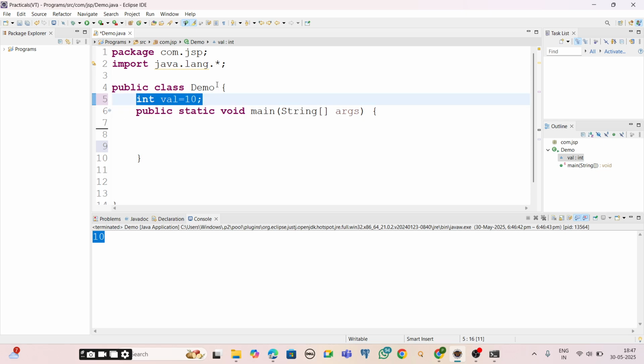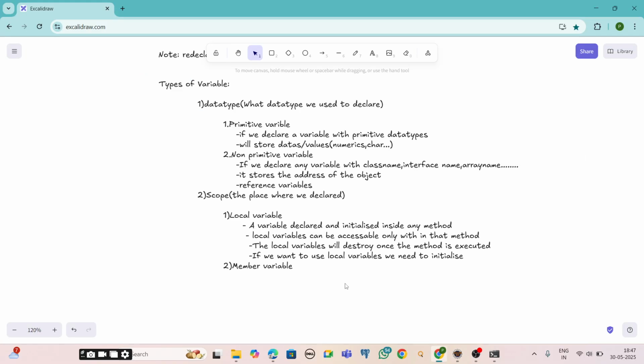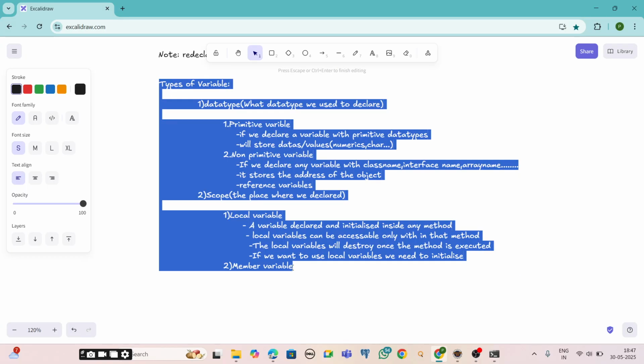These variables which we declared inside the class and outside the main method are called member variables. So what is a member variable?